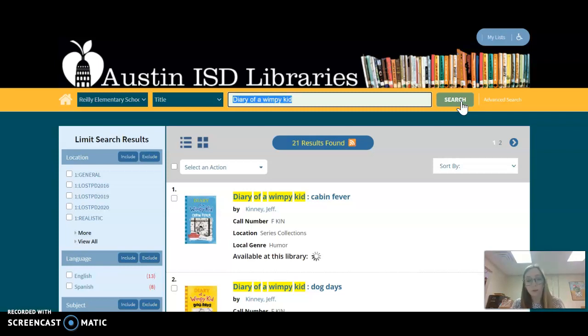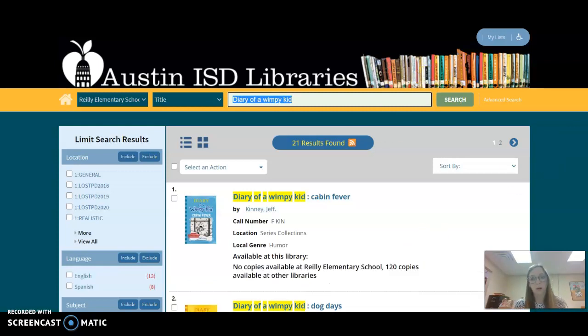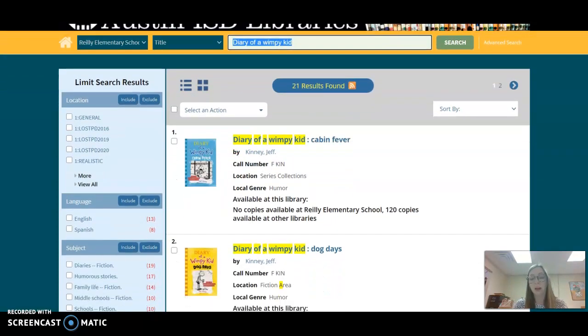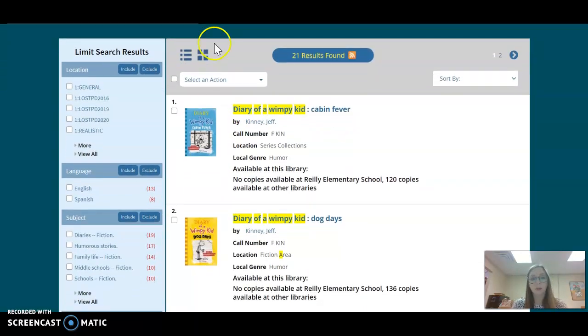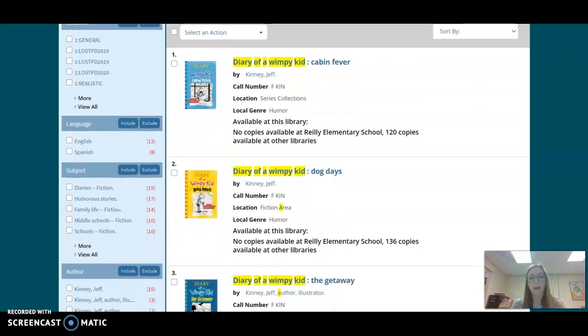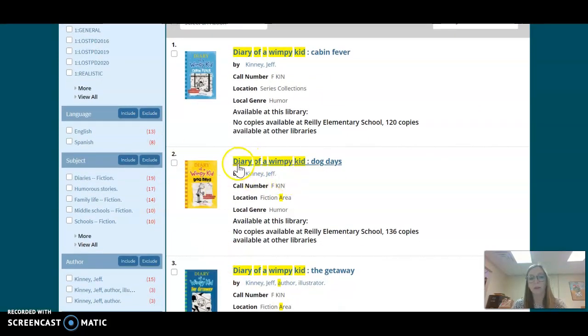So there are a lot of books in that series. It's going to show us all of those results. Now, while we're looking through the catalog, it is also going to itemize or give us a list of all the results. These results are numbered. You can see here, next to the first result, you'll see a number 1, and then you'll see the 2, and so on. So for this one, I am going to click on the second one, Diary of a Wimpy